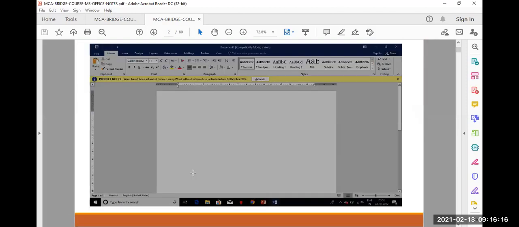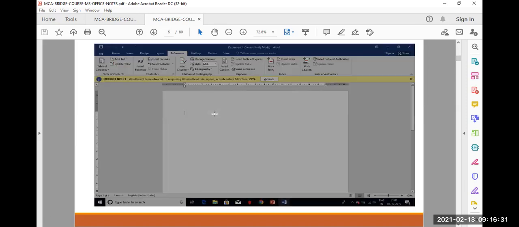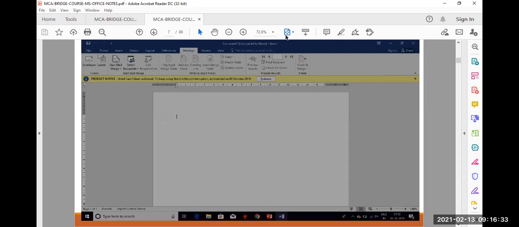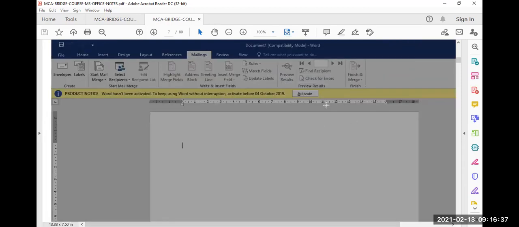Okay, MS Office. This is the MS Word interface available. You can see menus like Home, Insert, Debug. Let me increase the size. Yes. Is it visible to all of us? Is it visible to all of you?